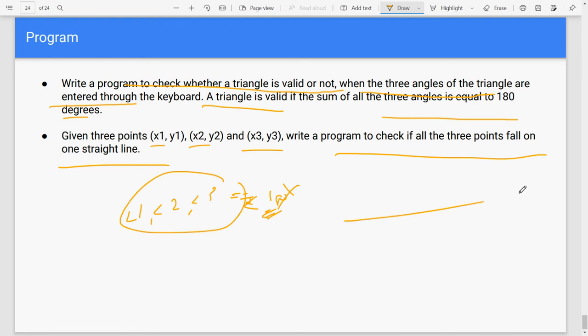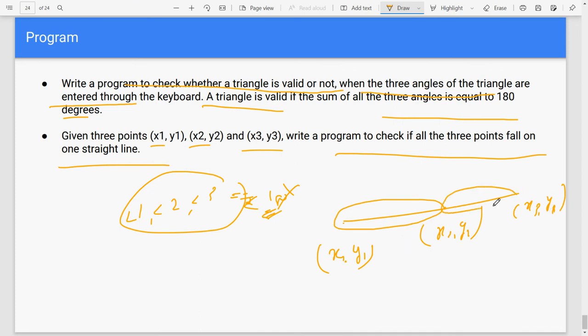Okay, so let's say this is a point x1 y1, this is point x2 y2, and this is point x3 y3. So how do you check if these three points are on a single line? Simple: just try to calculate the slope using these two points, and then calculate the slope using these two points. So if these points are on the same line,